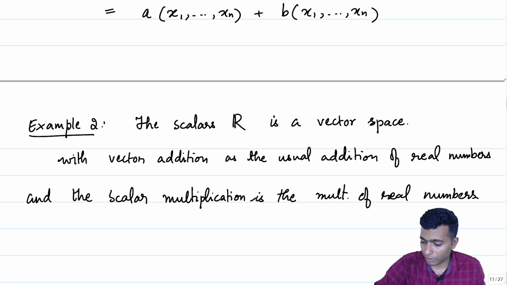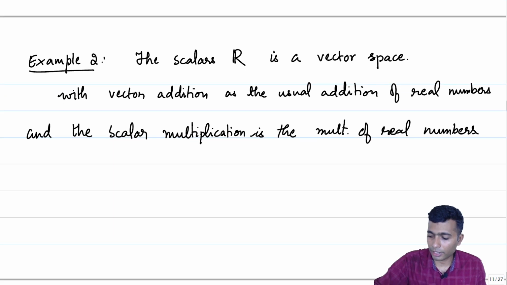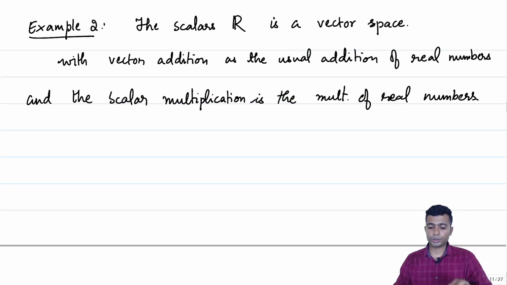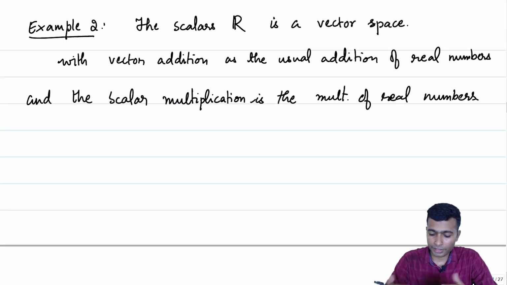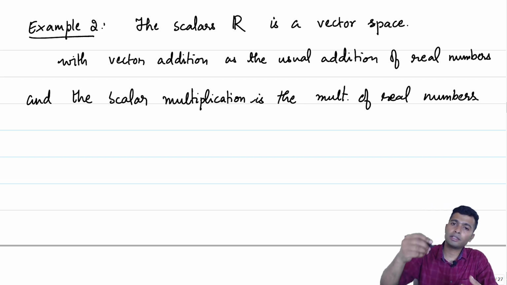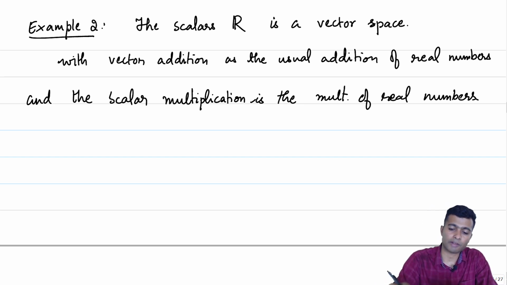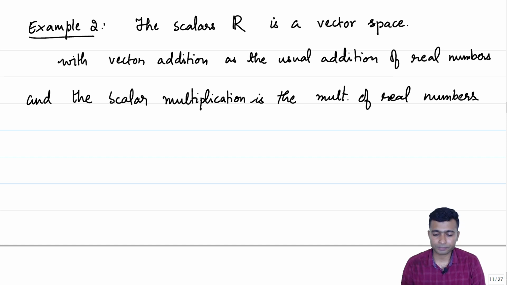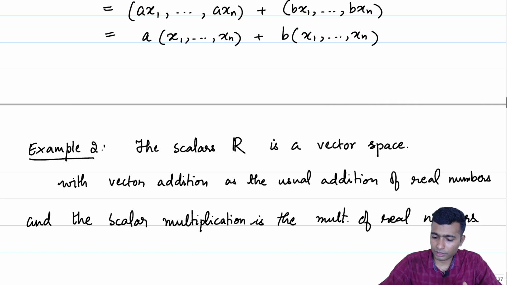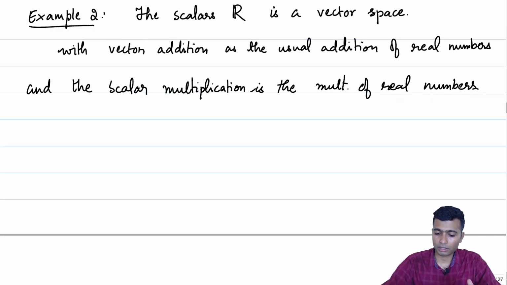I was scrolling up, let me not do that again. The scrolling up part was to show that the fact that R is closed under addition and multiplication is known to us, and many of the properties have already been checked above when we described what scalars were, or what properties of scalars we are interested in. So, this is a boring exercise, a boring example, but nevertheless, it is an extremely important example.